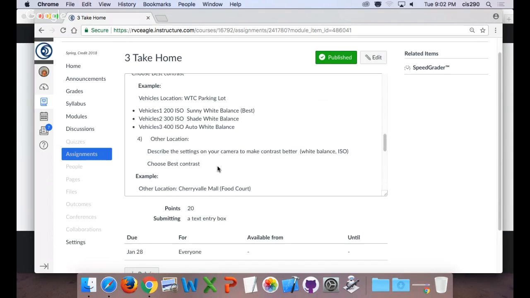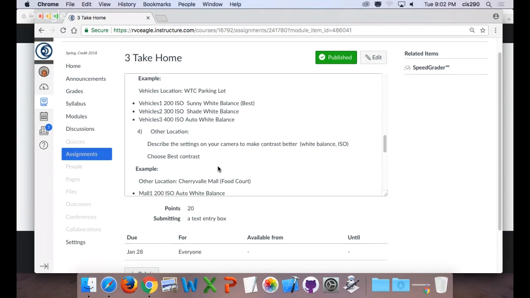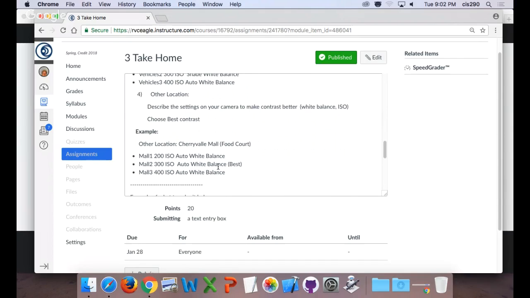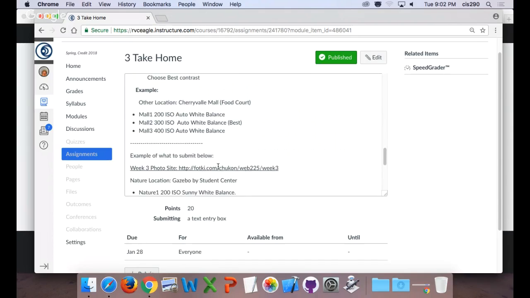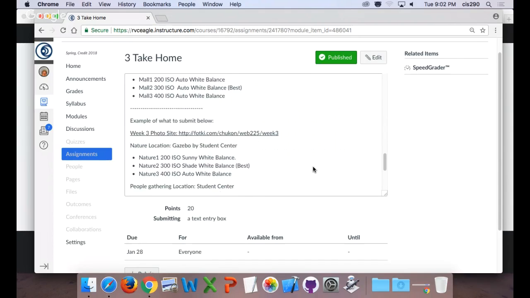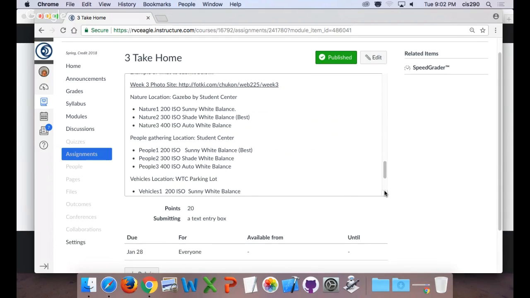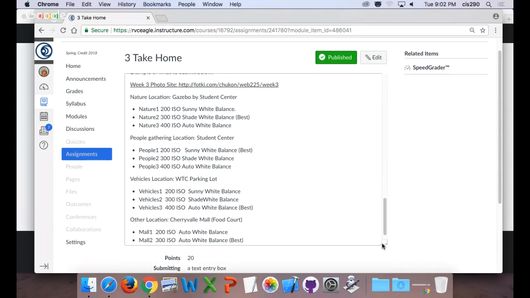Then other, you're going to basically say go to the mall, or you go to a sporting event, or you go to the BMO or whatever. You go to your kid sister, kid brother's school event, and you take some photos there. Same deal, same exact thing, except you're changing the name of the location of that photo setting. Once you're finished, all of those will be uploaded into your photo album accordingly and be named like this here on the overhead. So you should end up with, in your photo album this week for week 3,